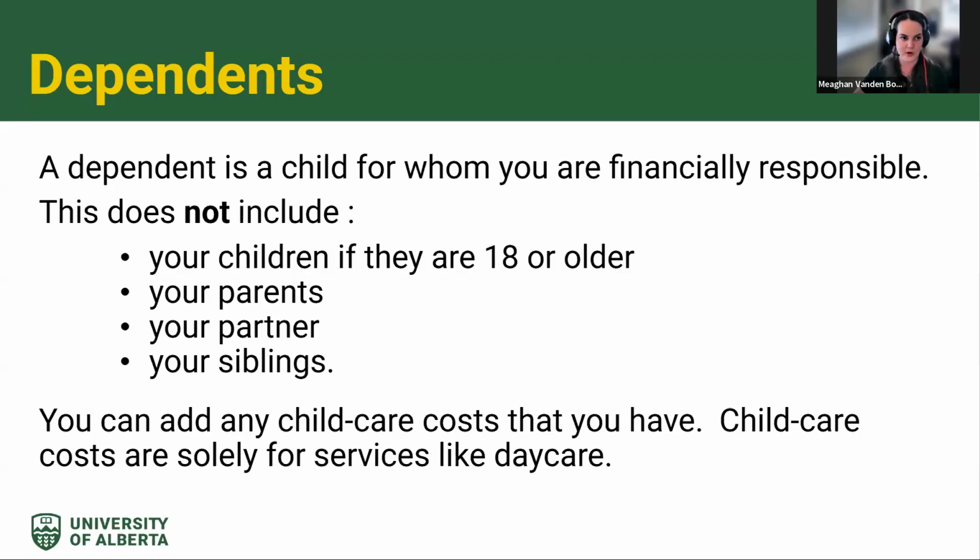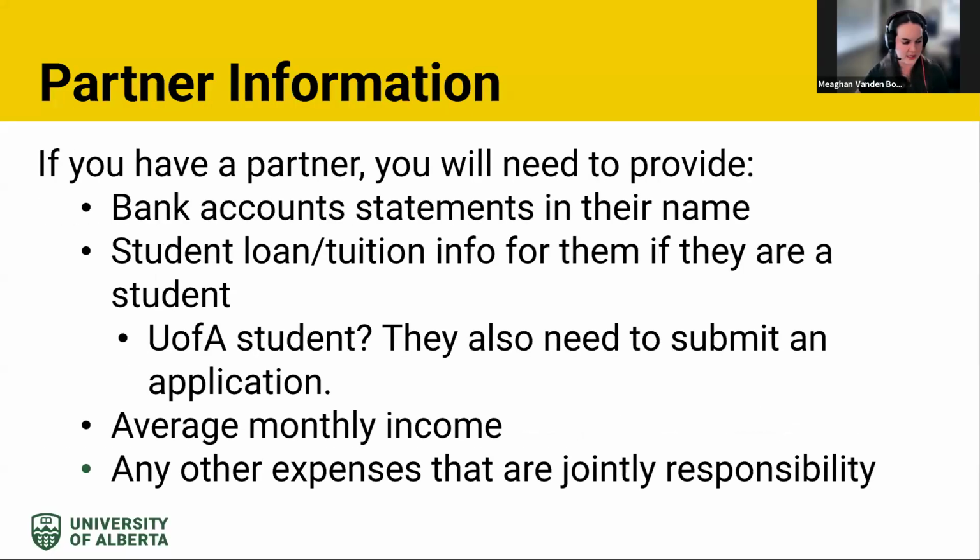Then we're going to ask about your partner. If you have a partner, there is a really good definition of what a partner is on the application. If you are married or you have been in a relationship with somebody and living with them for over 12 months, they are considered your partner. So if you have a partner, we would also need to see any bank statements that are in their name. We would need to know if they're working, what their average monthly income is, because that would be a resource to you. If they are a student somewhere else, maybe they go to MacEwan or NAIT or NorQuest or something like that, we would need to know